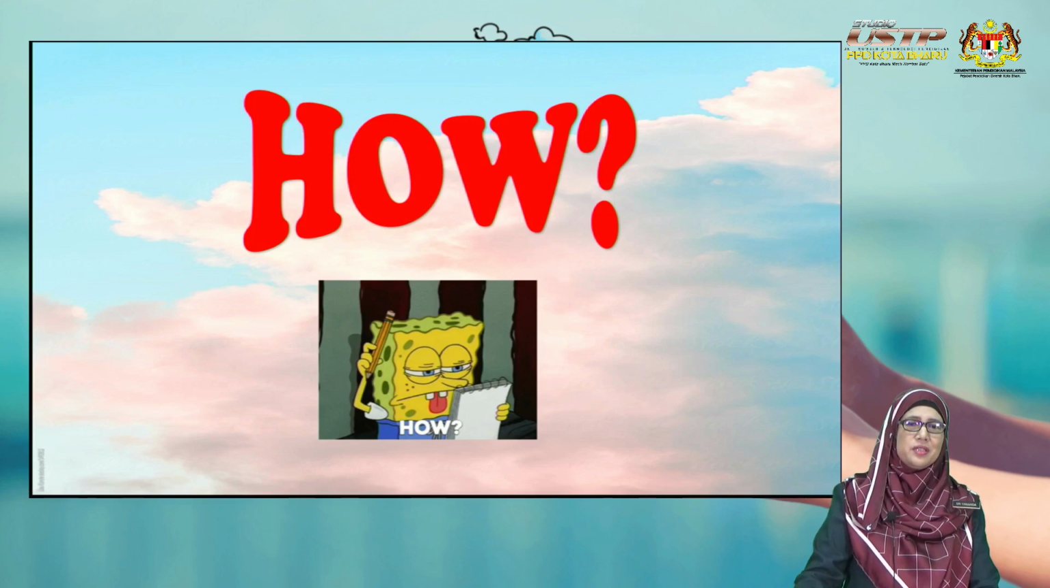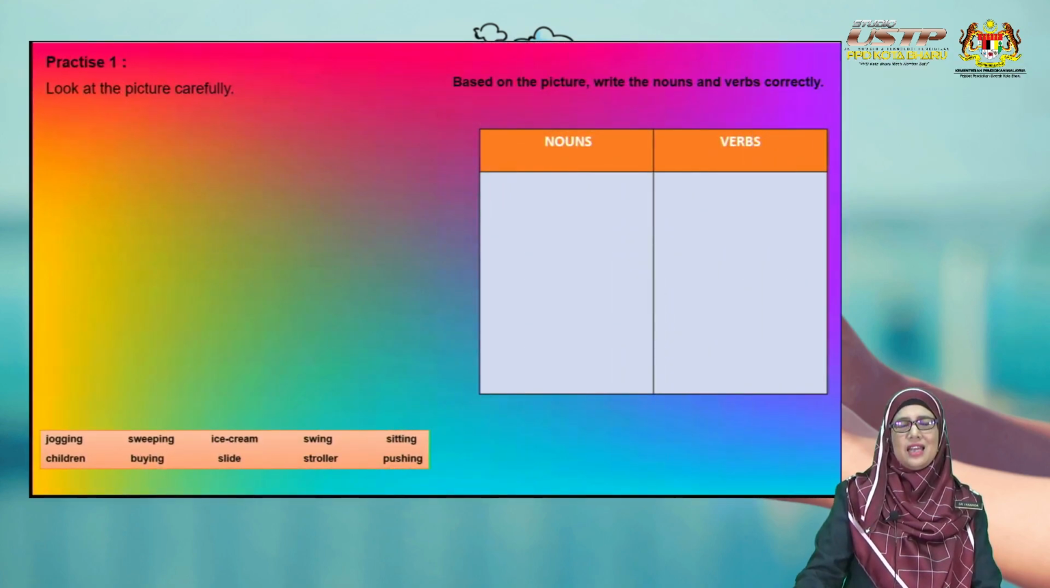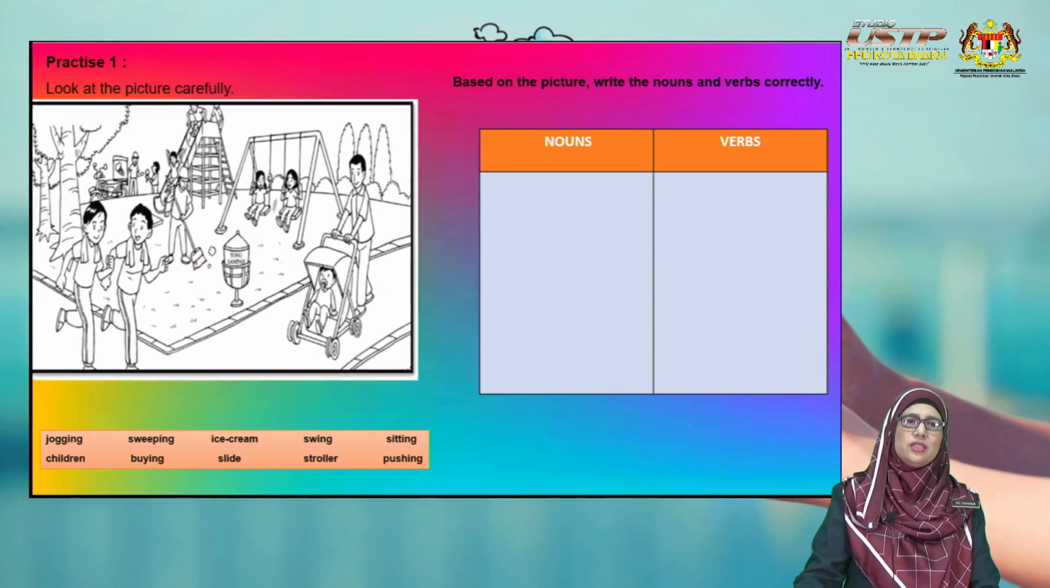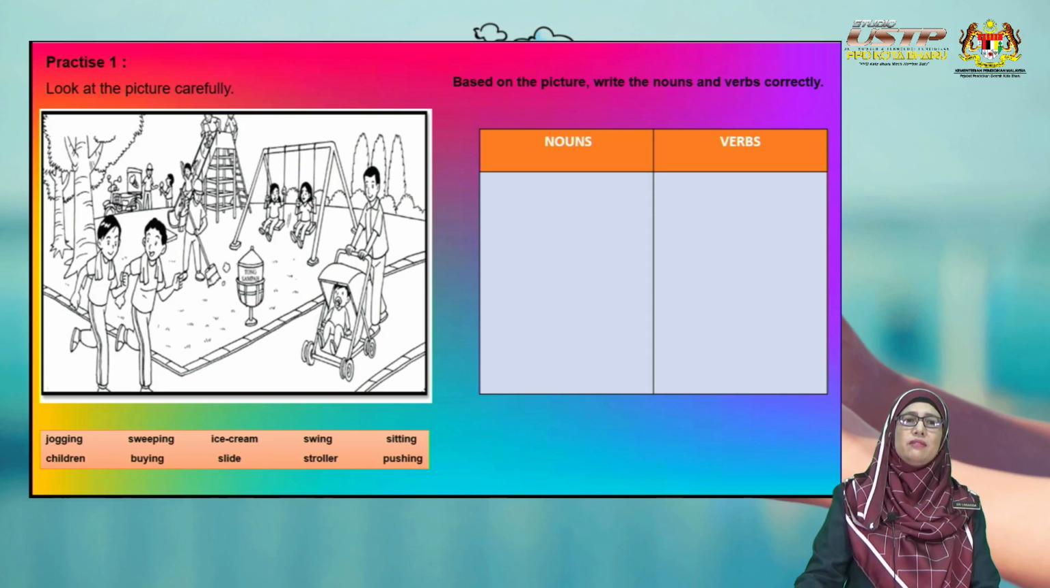How are we going to teach them sentence construction? As you remember, in the lesson plan, we will give 6 worksheets to the pupils to complete in groups. So, this is an example for practice 1. The teacher will ask the pupils to look at the picture carefully, and after that, they will list the nouns and verbs correctly in groups. For example, the pupils will come up with the words